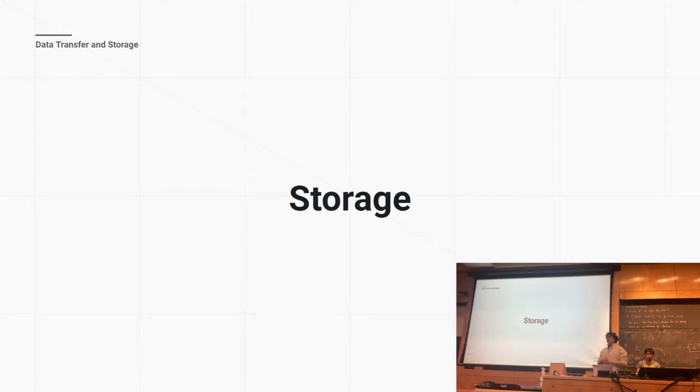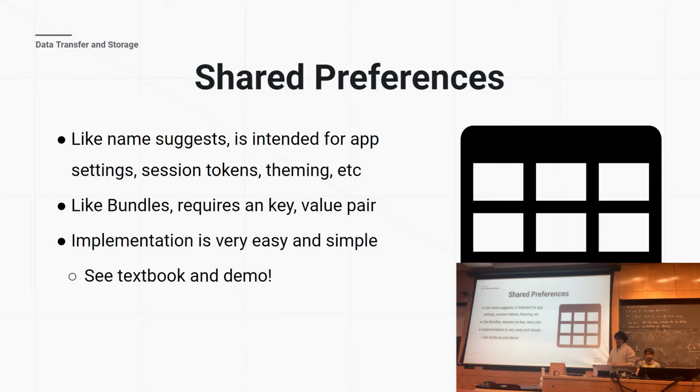Maybe, for example, there is a lot of information we need to ping from the backend, and it'd be better and quicker if we first stored it in our app in our local memory and then easily accessed it from there instead of always pinging the backend. So there are a lot of reasons why we want to use this, and today we'll be introducing a simple method for this called shared preferences. Shared preferences offers a framework to save persistent data in a key value pair, very similar to the bundles that we've already worked with.